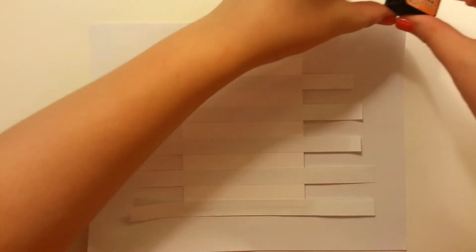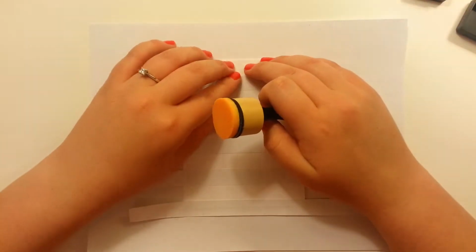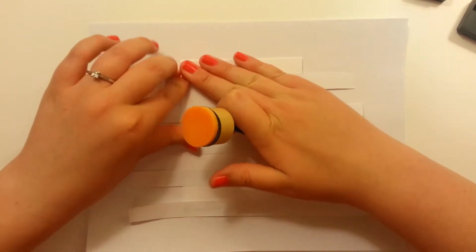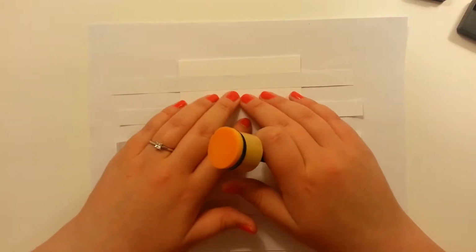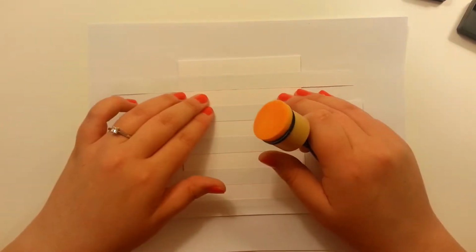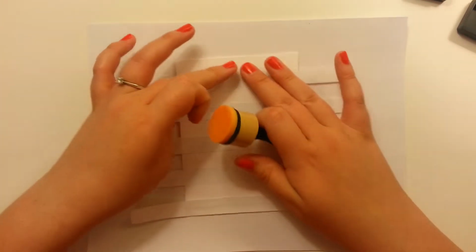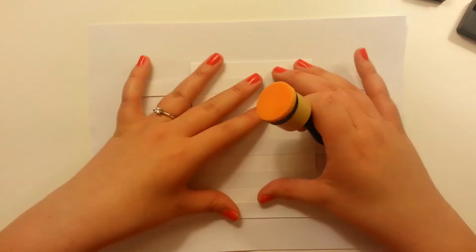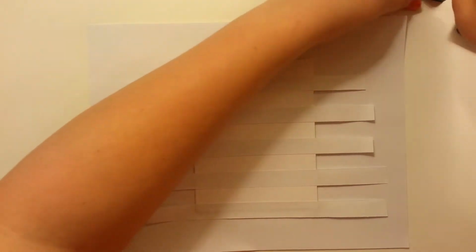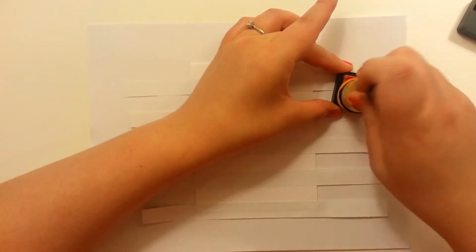I'm going to use the distressing ones instead of using an ink pad and just swiping across, which you could do if you don't have something like this. It's fine. Just expect a lot deeper and more saturated paper. This is just going to be a lot lighter. You could also color it. I can't really think of other ways at the moment, so we'll go ahead and do this. So just get it good and inked up, and then